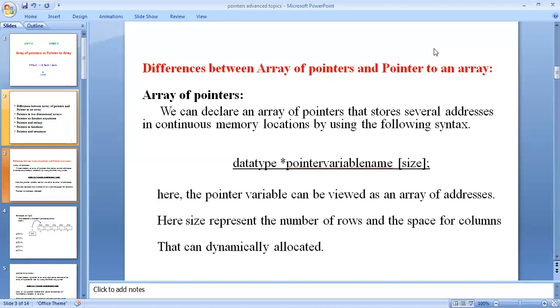Here, the pointer variable can be viewed as an array of addresses. Size represents the number of rows, and the space for columns can be dynamically allocated.